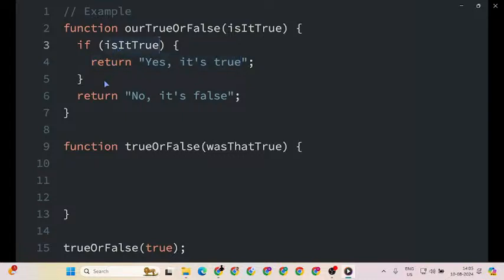Now if this is not true, then we'll get to the second return statement: no, it's false. So this whole function here takes in a variable, and we check if that's true or not. So I'm going to make another example just like this. We have another function that hasn't been filled out yet, true or false, and there's a variable that's passed in,